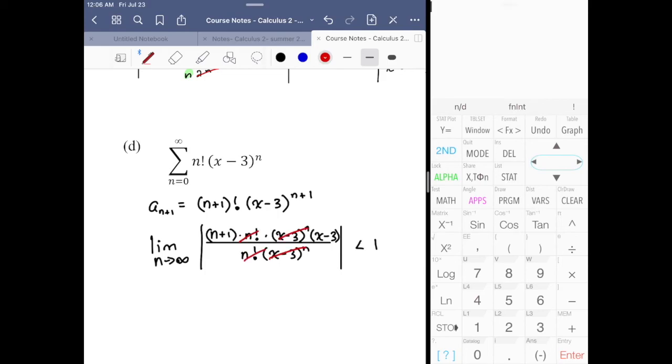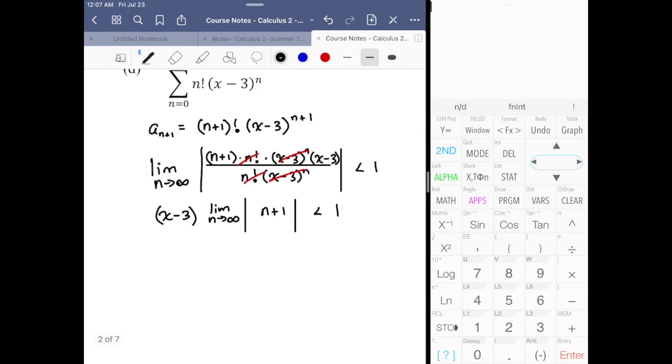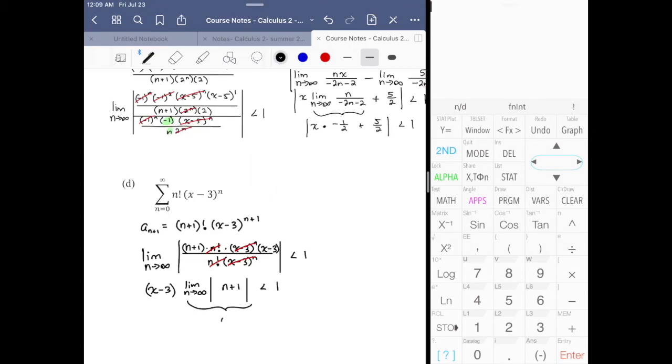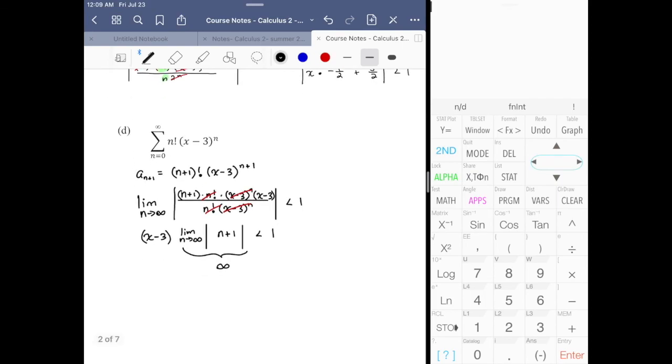All right, and so looking for cancellations, we have plenty. The x minus 3 is irrelevant to the limit. I can break it up, just in case I'm doubtful, by distributing it out and breaking up the limit. But it doesn't have an n in it, so I can pull it out of the whole thing. So limit as n approaches infinity of n plus 1, because everything else zapped away, has to be less than 1. So this limit is going to go to infinity,